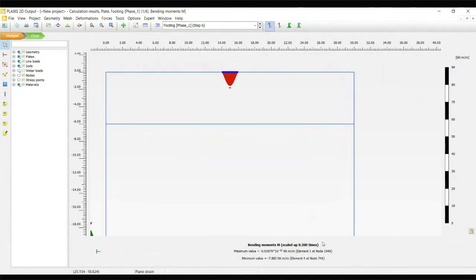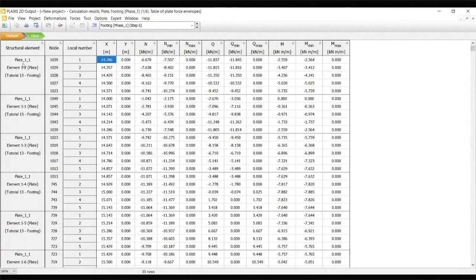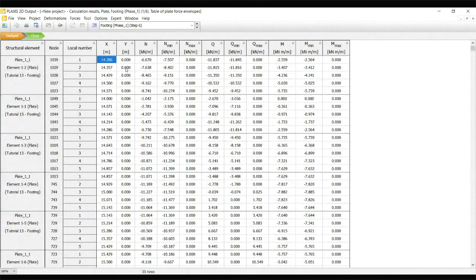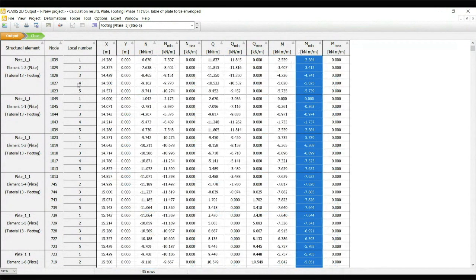The value is given in each window at the bottom, or you can also check in the table format. If you want to view in the table format, just click the table. So now in the table, what is the plate, starting point, end point, what are the axial forces, shear force and moment. Everything is explained in detail in the table format. This table you can copy and paste. Just press Control A, then copy, and then paste into an Excel file, so that we can easily copy paste as per your requirement.